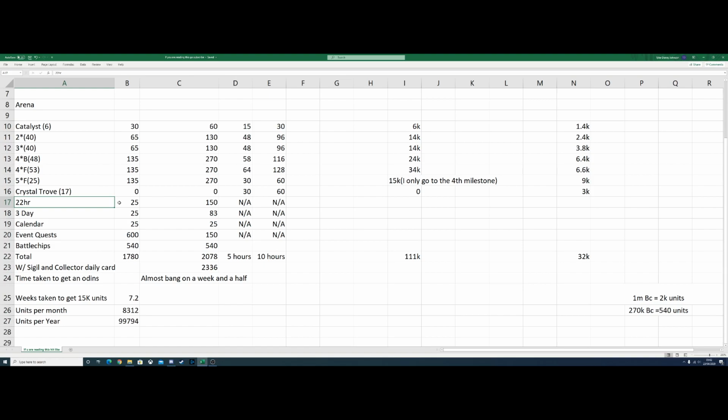Event quest completion, forget about it. I tried to do it once, like actually go for it without spending any energy refills. It's ridiculously hard. It's not worth it. I'm not going to factor that in. 3-day for your alliance, pretty much get that for free. You don't really have to do anything, you probably just get that naturally. The calendar,